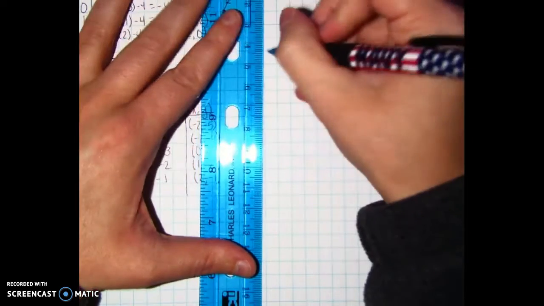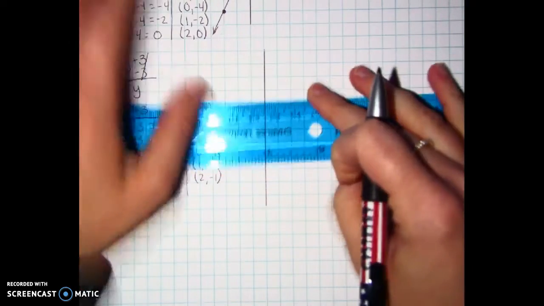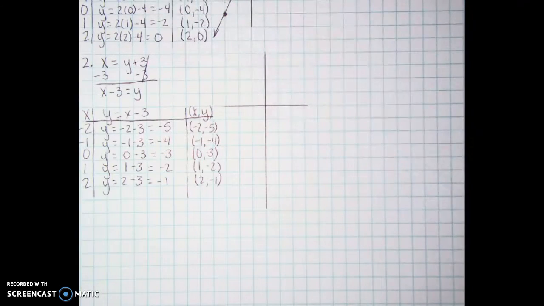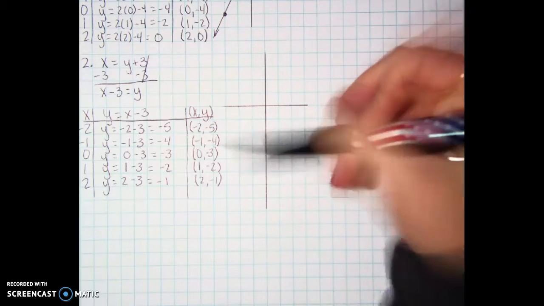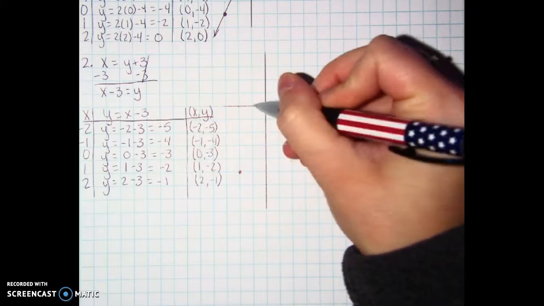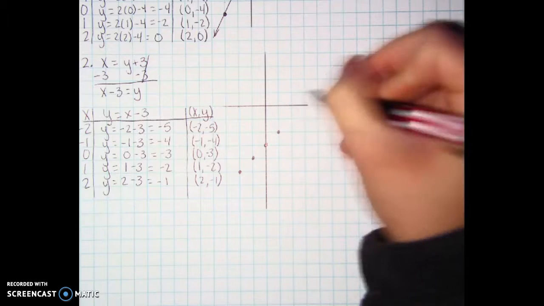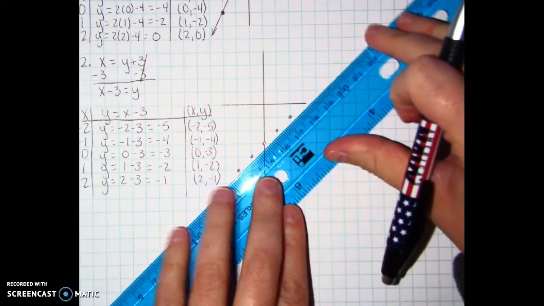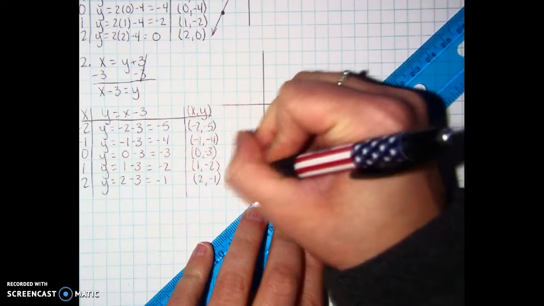Okay, now I'm going to graph it. Okay, negative 2, negative 5. 1, 2, 3, 4, 5. Negative 1, negative 4. 0, negative 3. 1, negative 2. 2, negative 1. Okay,